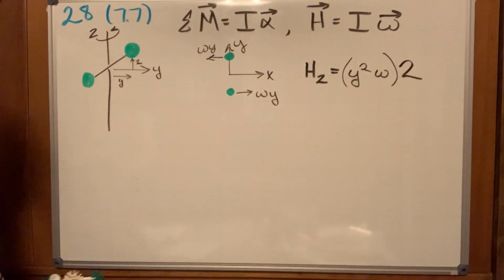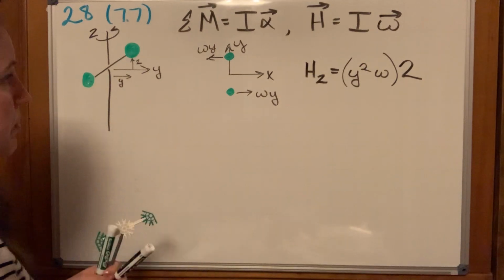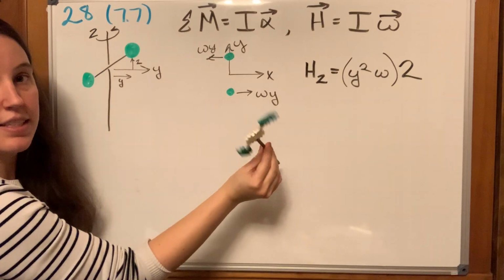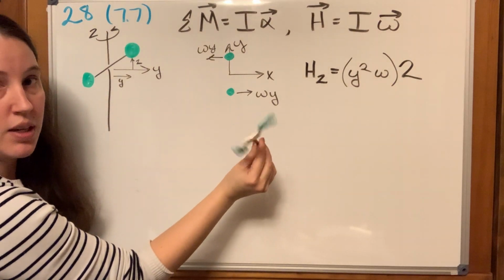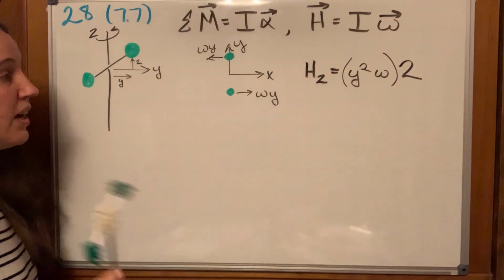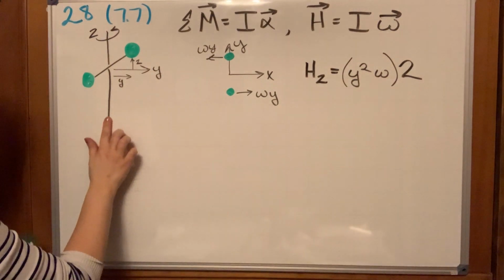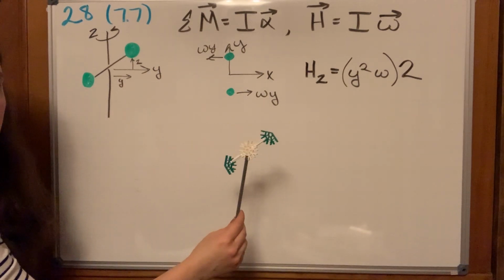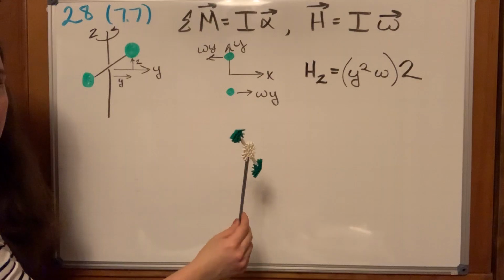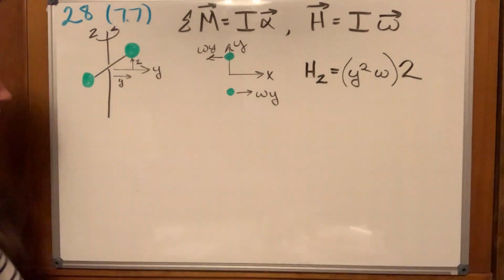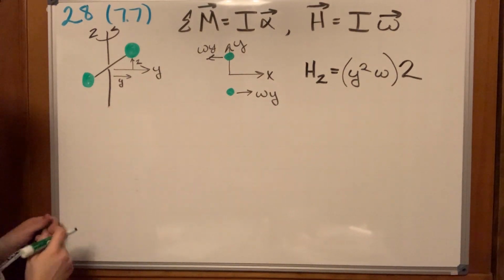All right. So that would be like if we were looking at it like this, right? We have some angular momentum in this direction. But we could also look at it in this direction. Now, if you look at it in this direction, it might almost look like I'm rotating it about this axis. Like it might look like there's an axis here, because what you'll see is now if we